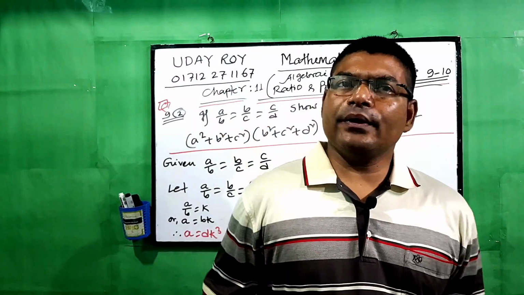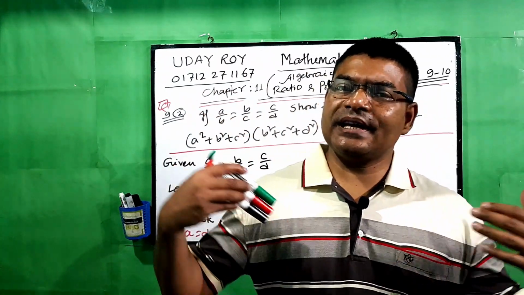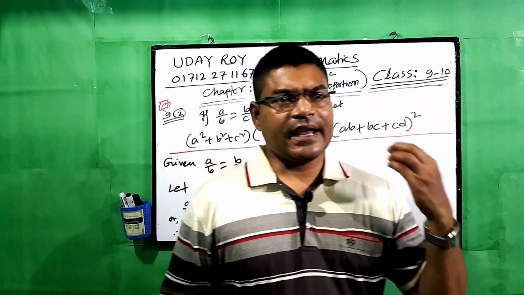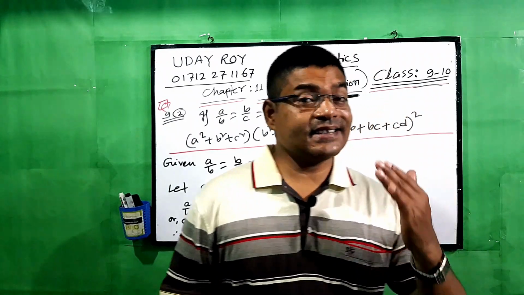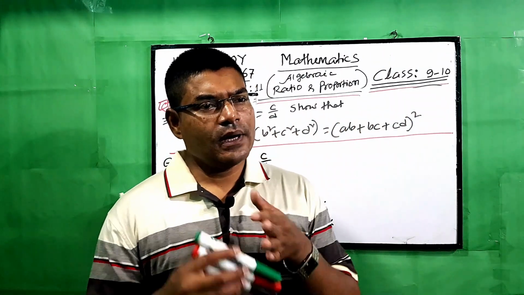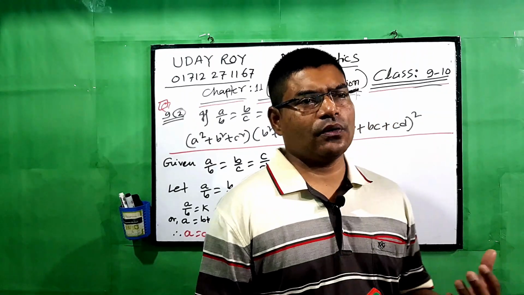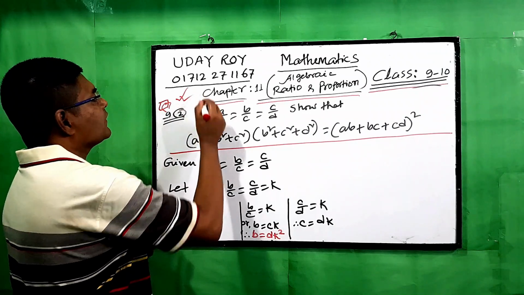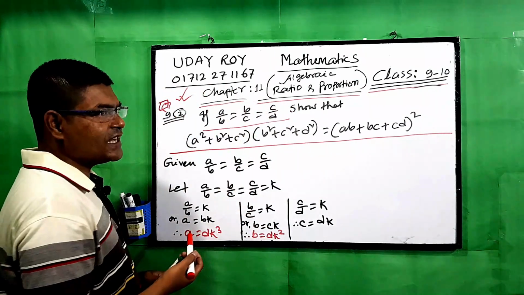Okay, already we have done the previous maths. a is to b equal to b is to c, but in this math it is also different: a by b equal b by c equal c by d. Here are 3 steps. So be careful when we solve the maths. So follow the board. You can see here a by b equal b by c, c by d.